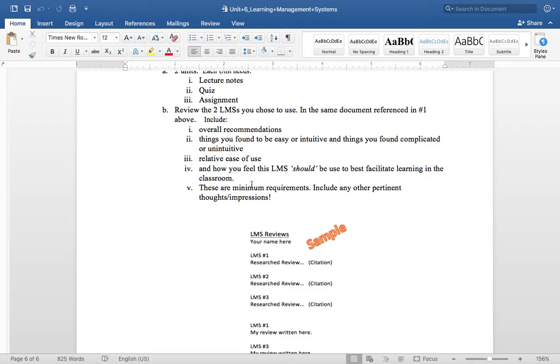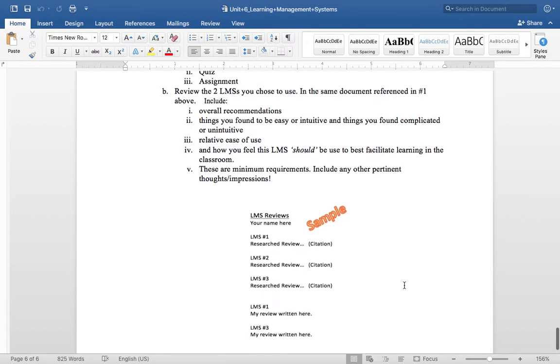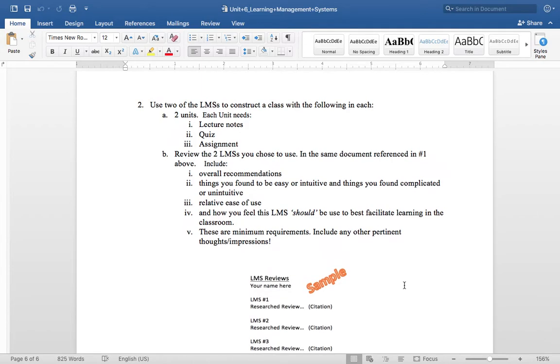This, again, can be essay form, it could be bulleted form. You might give me a vlog, a virtual blog. How you give me this information, I'll leave up to you. You could write it all out, you could do it in a lot of different ways. I know those are all pretty vague, but I don't want to lock you down into do this, do this, do this, because everybody's going to approach something like this in a very different way. When I looked for an LMS, I looked for something that was a no-brainer,